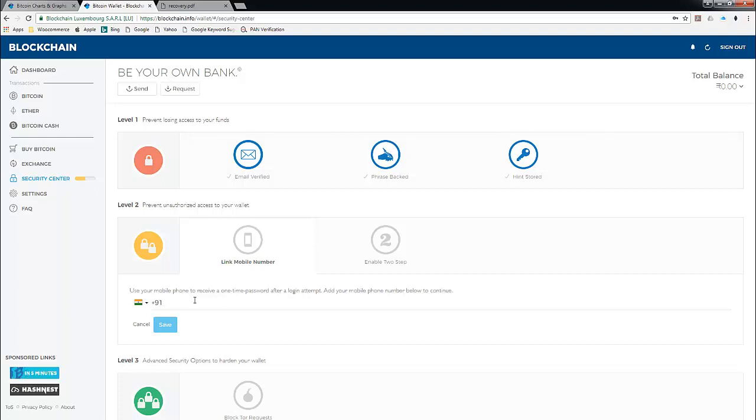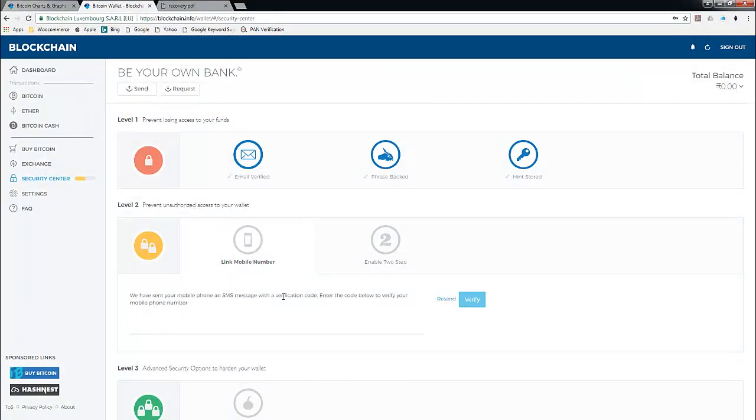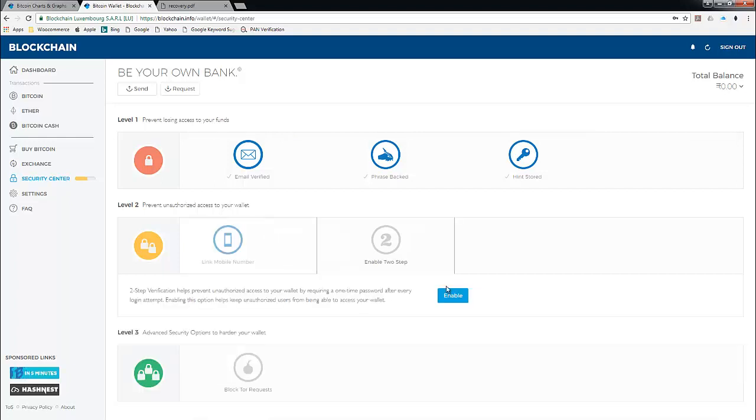So I'll quickly go ahead and enter my phone number here and save it. Once you have entered your phone number, it will go ahead and send out a code to the number that I've just entered here. So I'll quickly enter the verification code that I just received and click on verify. Once that's done, go ahead and enable the two-step